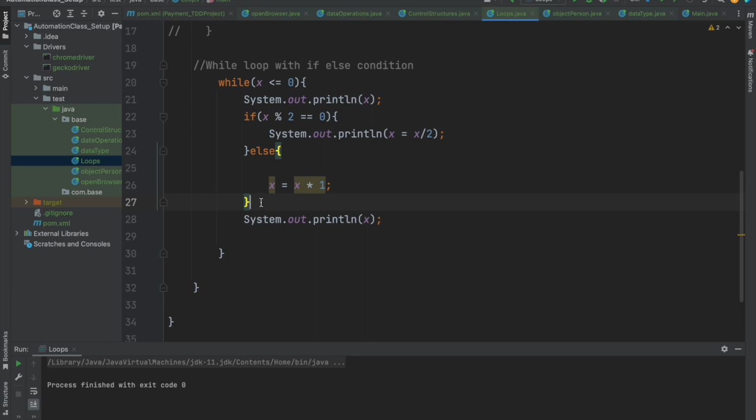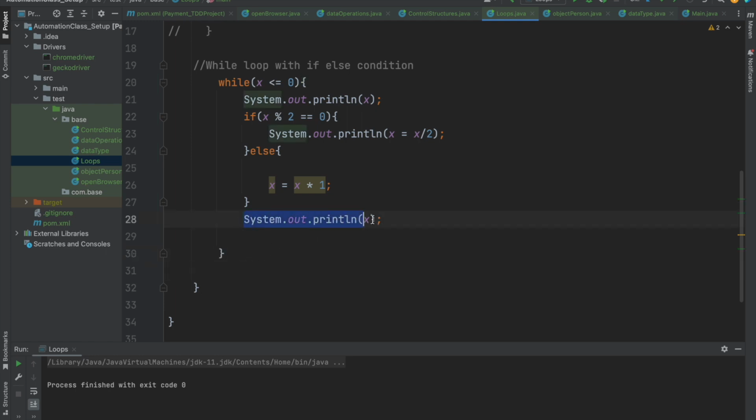So now look at this and this. This is supposed to be executed within this bracket. This is supposed to be executed within this bracket. All right. This one is supposed to be within this bracket. All right. Now,